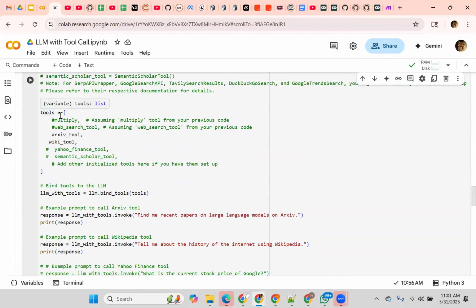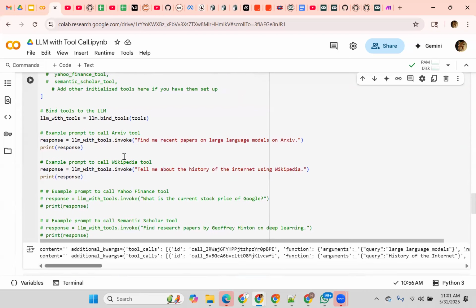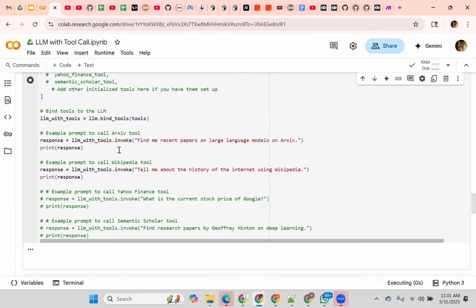Now, basically same thing here. What I'm doing is creating a list of the tools to pass. The multiply and web search tools I have removed, for now commented out, and I'm only adding the Arxiv and Wiki tools to this and binding these tools with the LLM. Now again, if I do the same thing, you will get